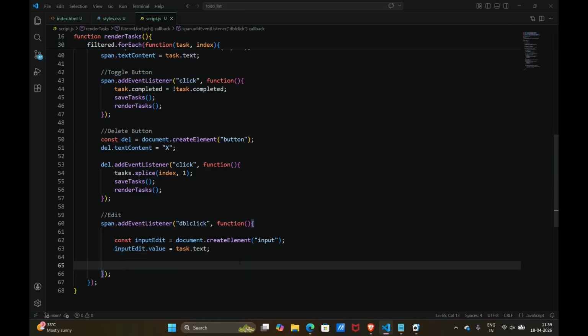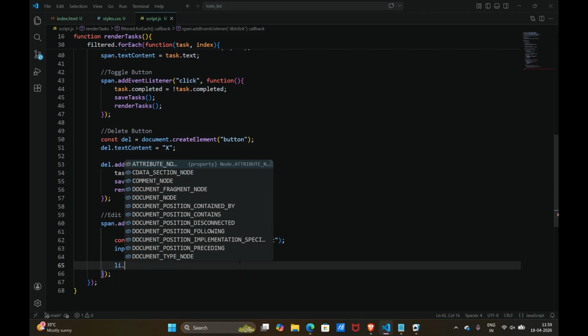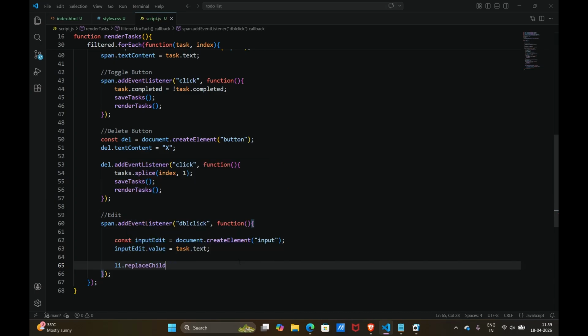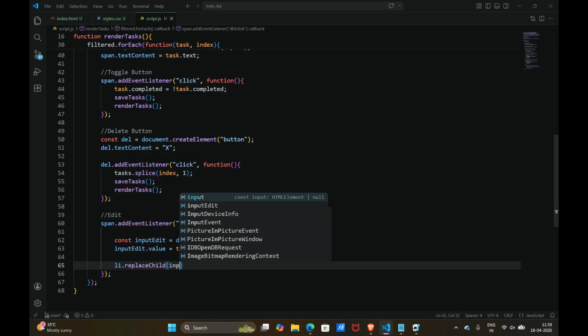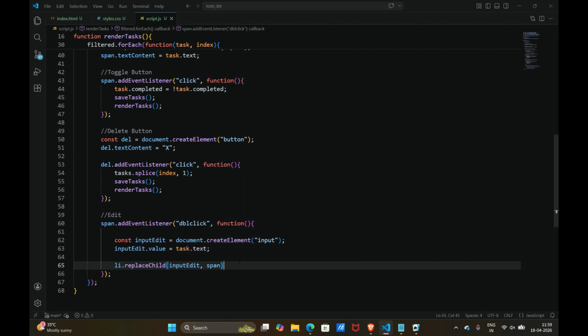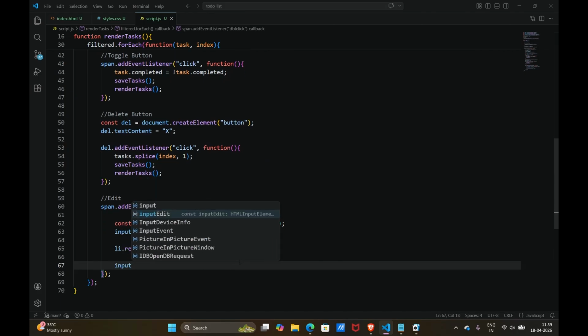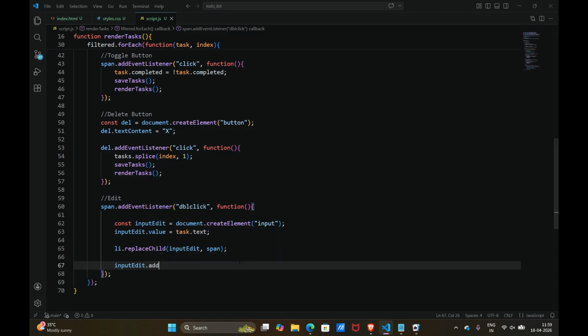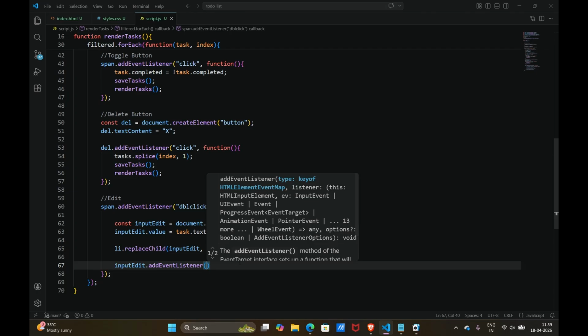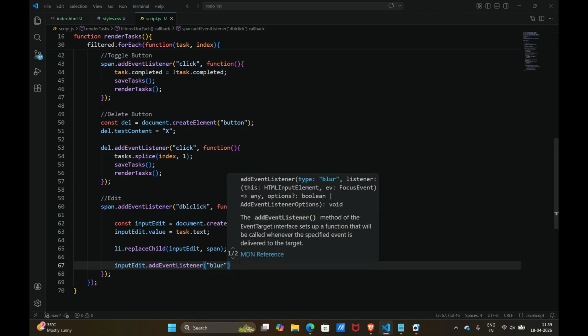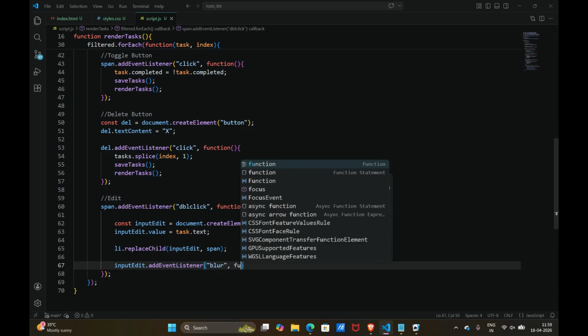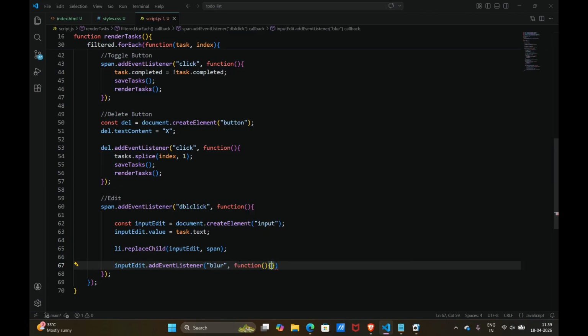Then we have to replace the already existing array element. So using replaceChild, I am replacing the span element with the inputEdit. I select the inputEdit variable and give it an addEventListener. As I have already explained, it will blur all the other elements. Blur, it will create a function. Inside that function,